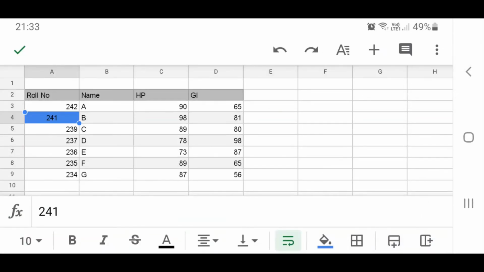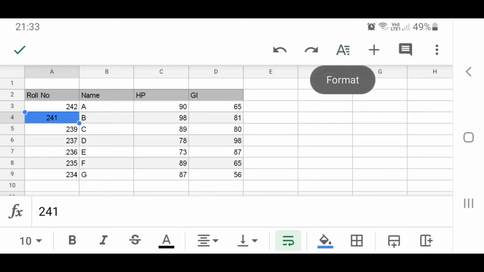The next two options indicate that you want to include a row or a column. This one indicates include a new row beneath the current row, and the second option indicates include a column after your given column. Okay, so these are the very basic formatting options. There are other formatting options available on the top.